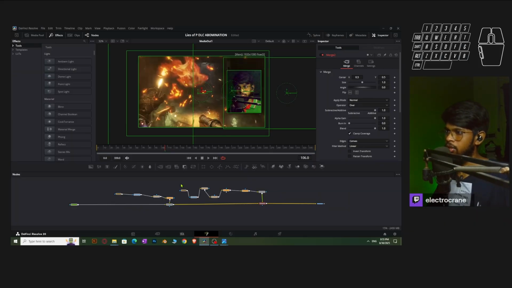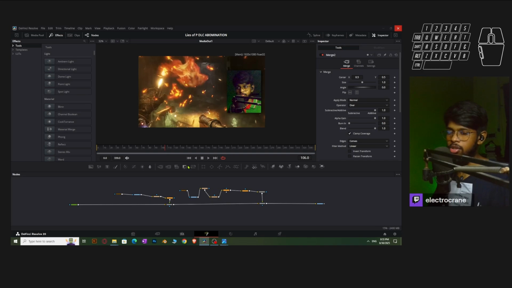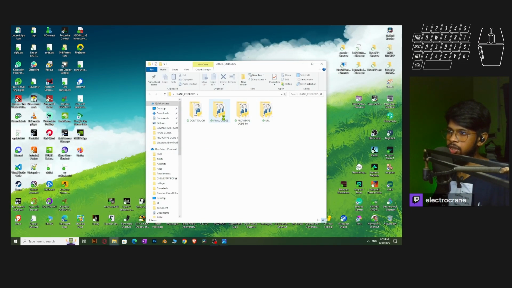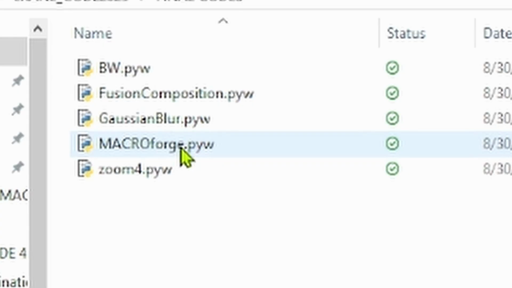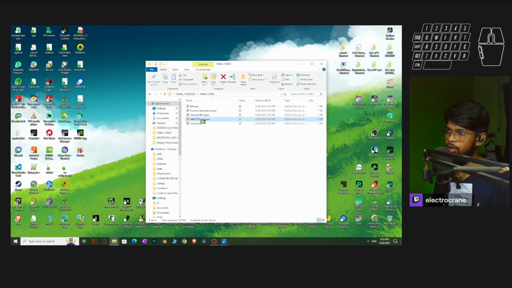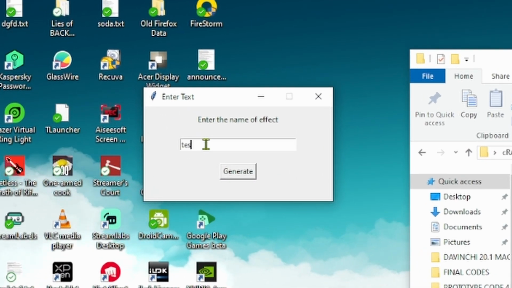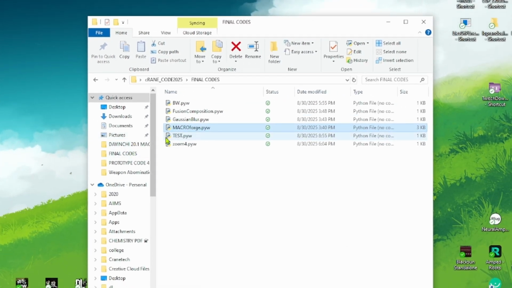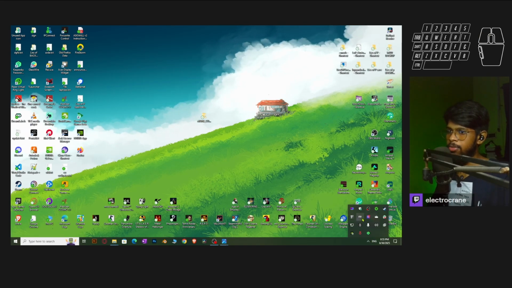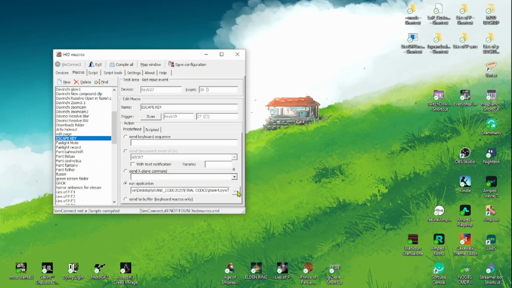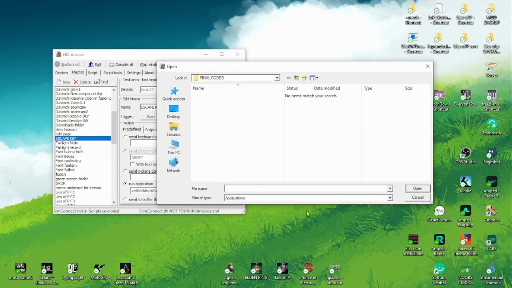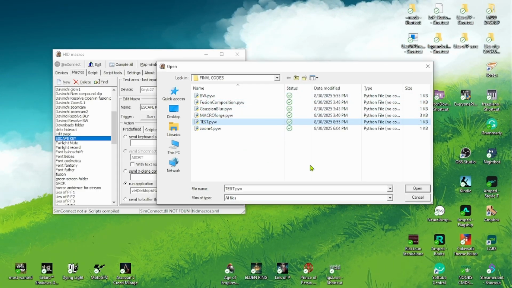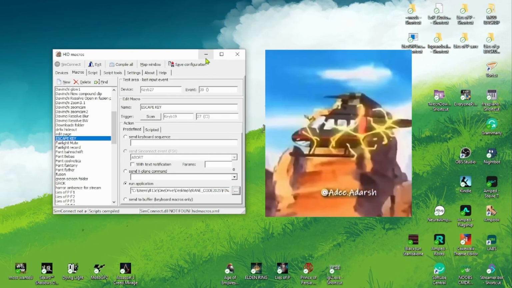Okay, I'm gonna hit save and close DaVinci Resolve itself. Then we're gonna go to our folder where the MacroForge is, go to the final codes, MacroForge. Double click on it, type test, and then hit generate. There you go, you have test. I'm gonna be using the escape key. So now we're gonna hit this three button here. Now you can see you cannot see anything. You can just apply to all files, then select the test, open, save configuration, boom,